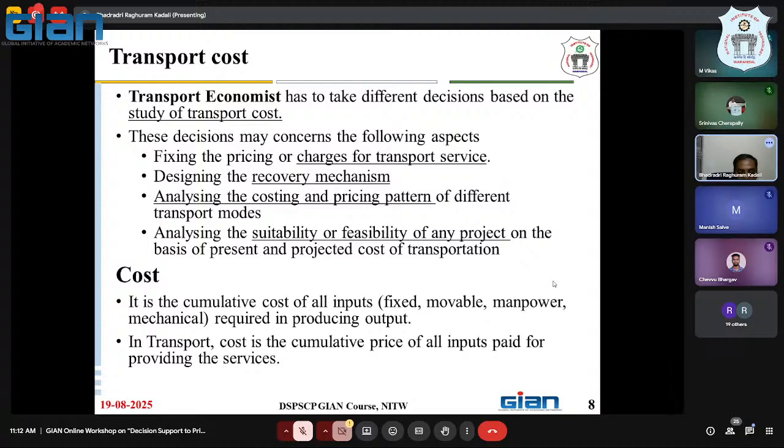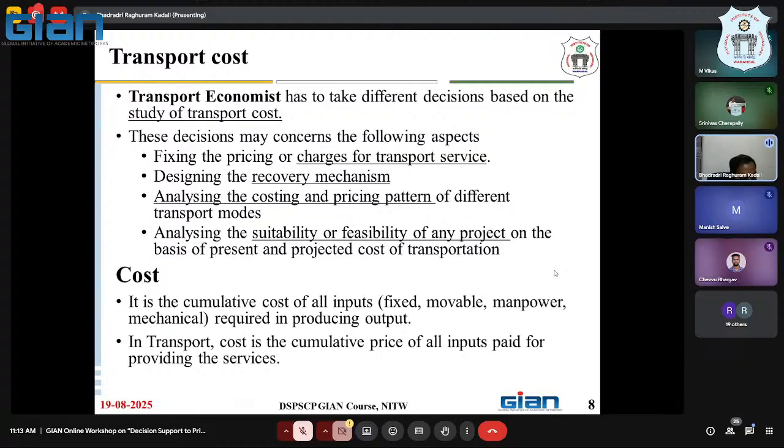So now to understand that, we need to go a little deeper into transport cost. What will a transport economist look at as transport cost? It is all about the different decisions based on the study of transport cost. These decisions may be like fixing the price or the charge for a transport service. Like if you are operating a public transport bus, what would be the cost of a single trip of a user? That may be your direct cost, but this cost will be